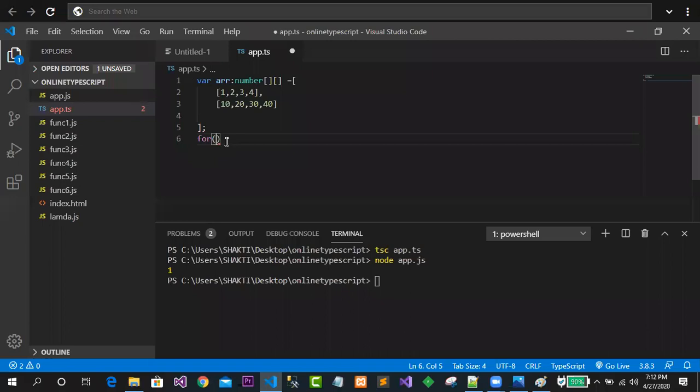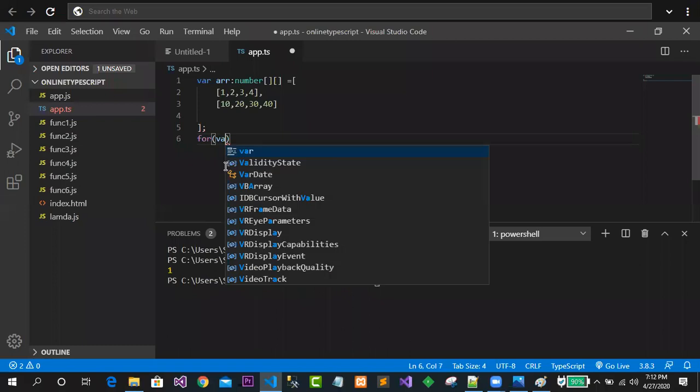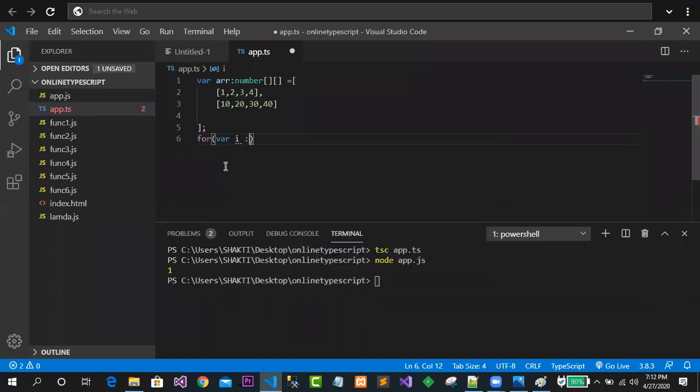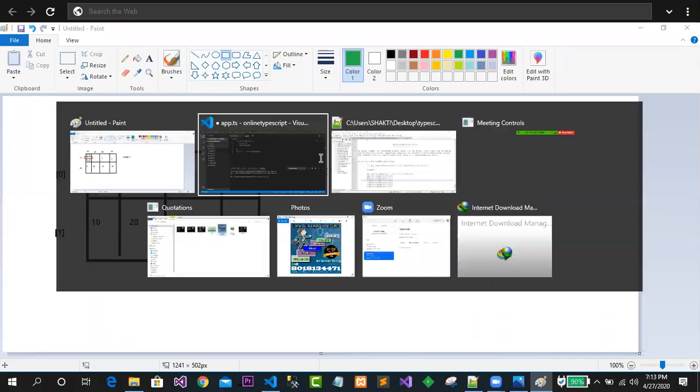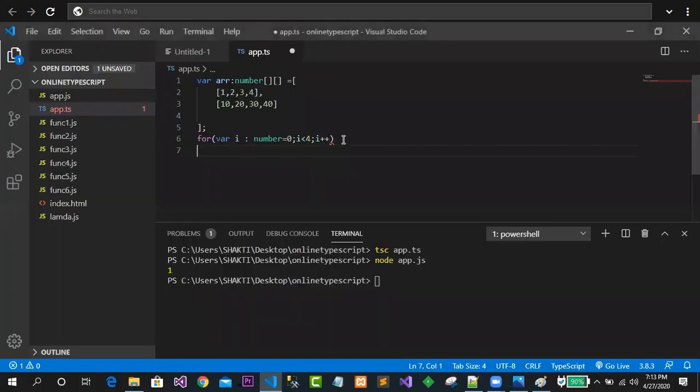And here we are using a nested kind of loop. Nested loop, okay, everyone is aware of the nested loop. Suppose this is i, and this is a number, and this is 0. Clear? So what should I do next? i is less than 4, and i plus plus. So this is written for the row, because inside the row you are finding the columns. That is why the outer loop will be considered as the row.